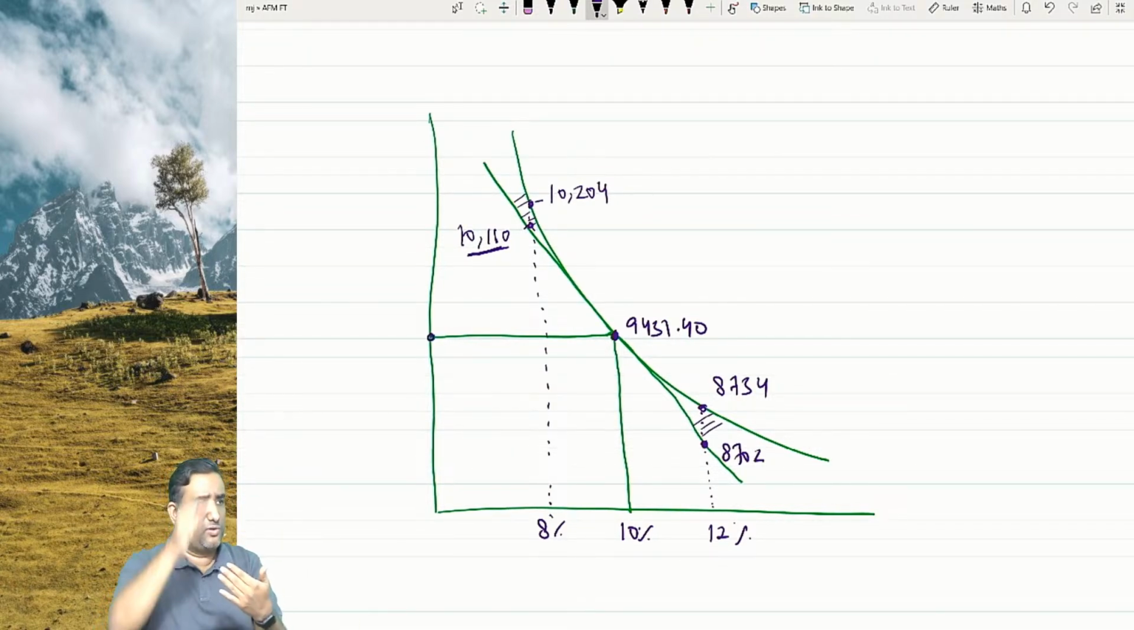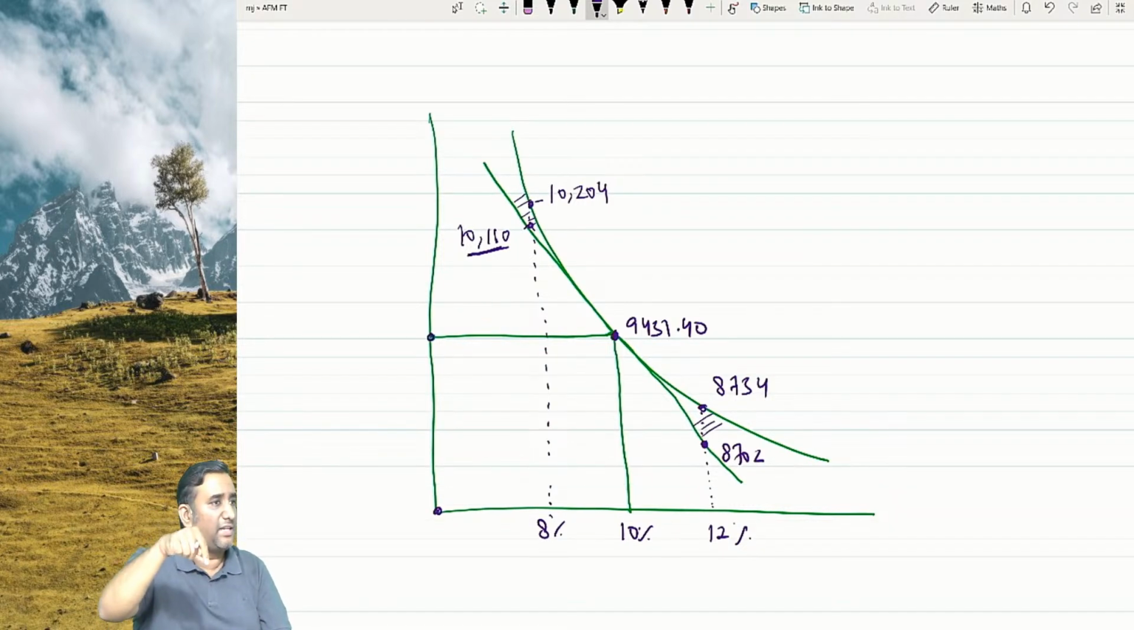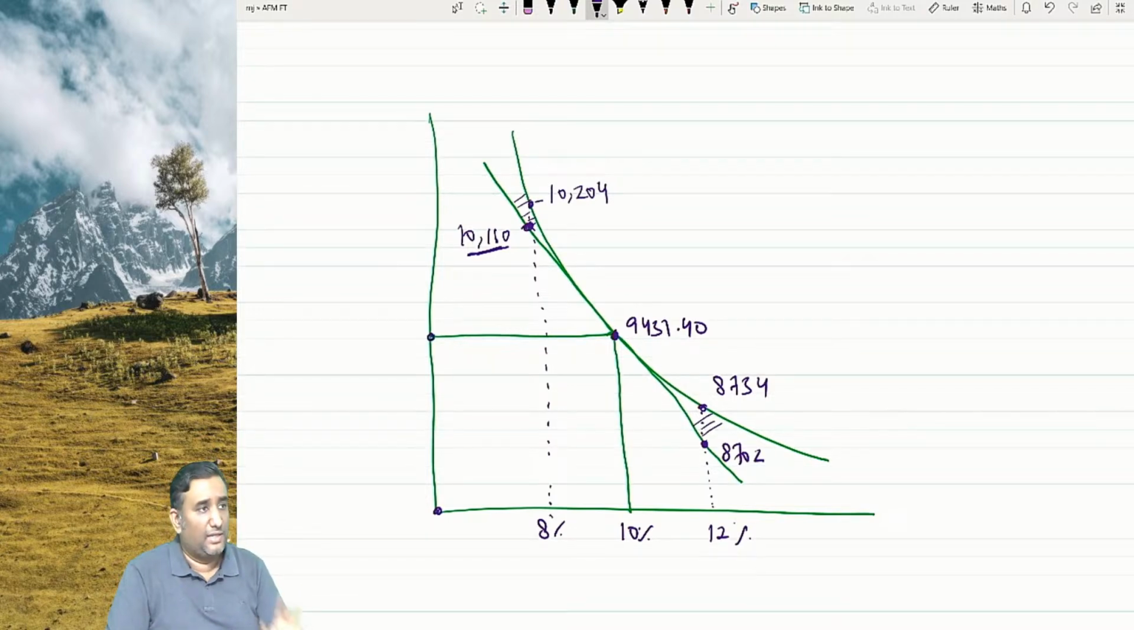convex. It is called convex because it is towards the origin, it is a convex shape. So because of that mathematical function it comes, which is not required. What we want is, if I use modified duration